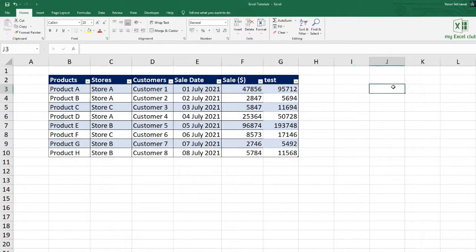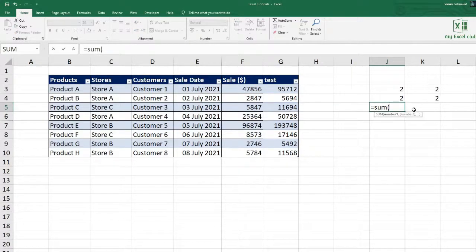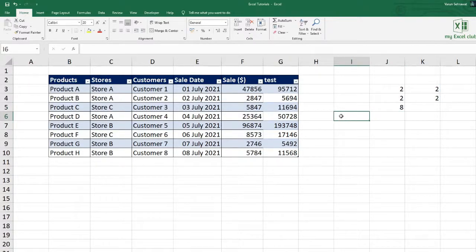If I have some data in tabular format and we want to add all these numbers, then the formula would be equal to sum, select the entire range to add all these numbers. Now see, the syntax is having the address of the range. Let's do the same thing with Excel table.